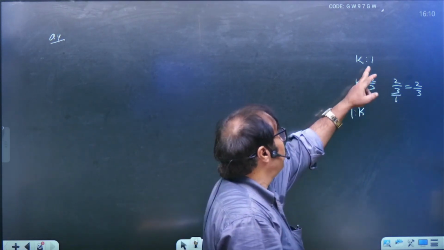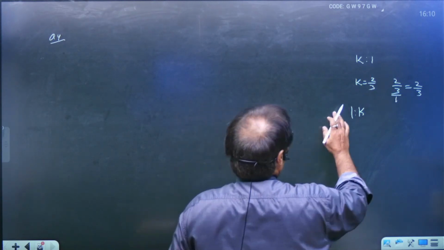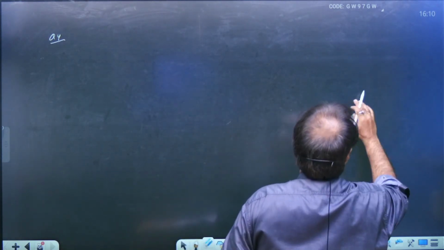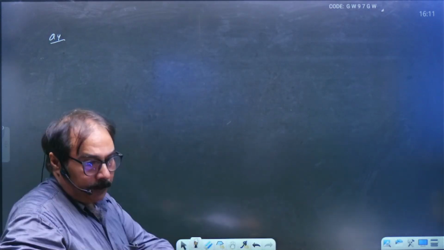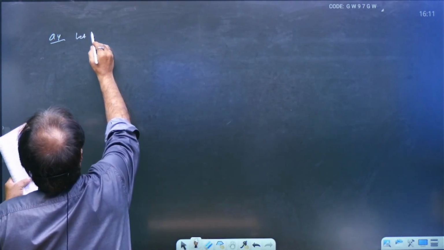So always take k is to 1, okay? Always take k is to 1 in this type of question. Don't take m is to n, otherwise the process will be complicated. So let, as per the question, find the ratio. So let the point